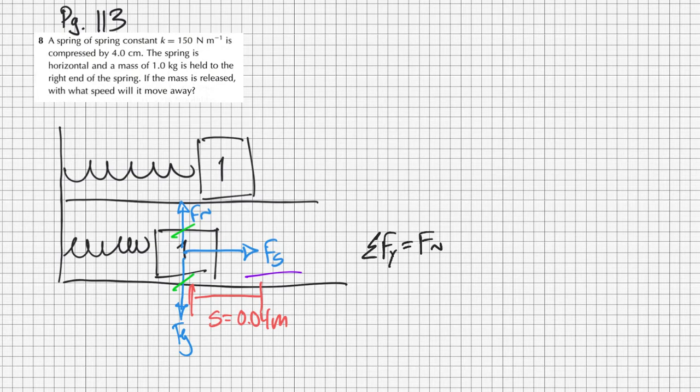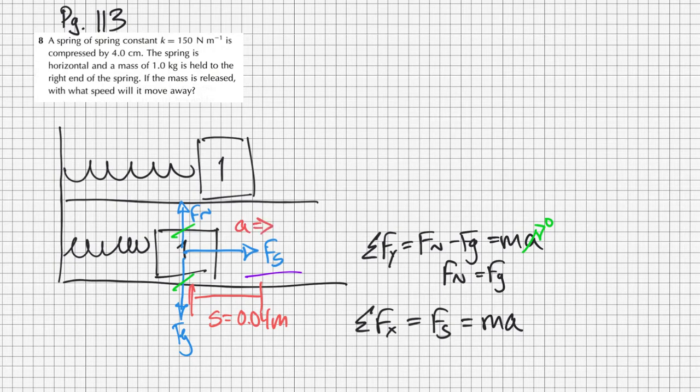So if we were to look at that, our sum of the forces in the y direction would be our normal force minus the gravity equals mass times acceleration. Our acceleration is going to be 0, from which we can figure out that normal force and gravity would be the same. Otherwise, in the x direction, we're going to have the force of the spring, and that's going to equal mass times acceleration. So as our spring goes from here to here, there's going to be some acceleration